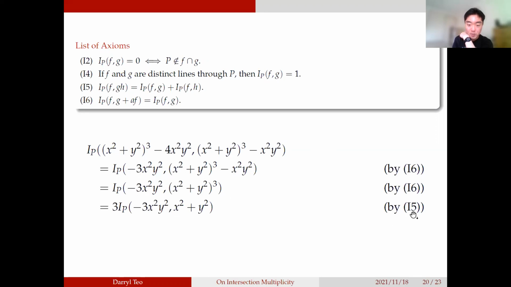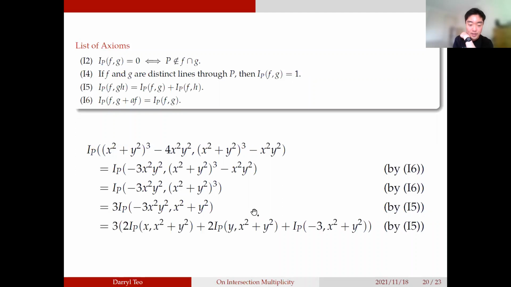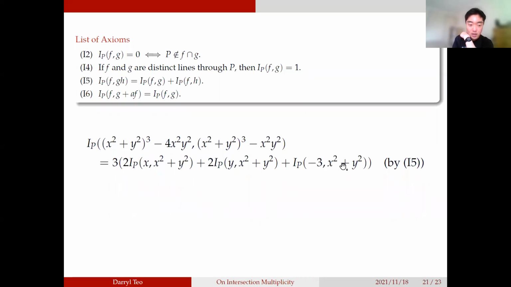Now, using the product property, I take the power down to split the three factors apart. Next, again the product property, this time on the left-hand side. Now I split the negative 3, the x squared, and the y squared. Again, the powers come down, so the 2 comes from the x squared, the 2 from the y squared, and now I'm left here with the negative 3 and x squared plus y squared. Okay, from there,